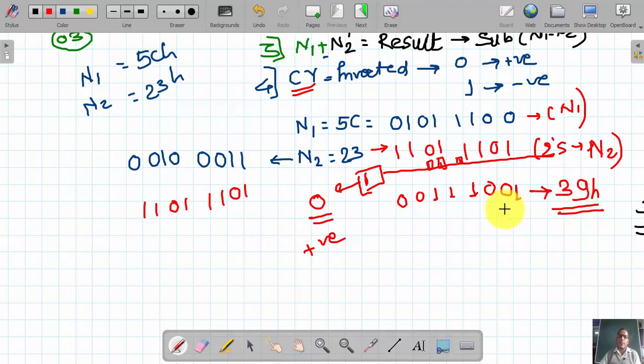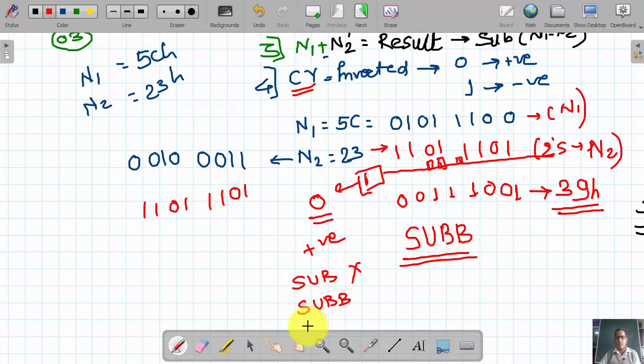In this way the subtraction process is carried out in the 8051 microcontroller. To perform subtraction, there is only a single instruction, and that is SUBB. Unlike other processors, where we have the SUB instruction which does not consider the borrow flag, and a second which deals with the borrow flag, in the 8051 microcontroller we have one single instruction to perform the subtraction of two numbers. For immediate addressing mode, it is SUBB A, #8-bit data.